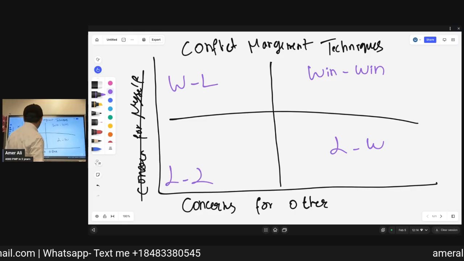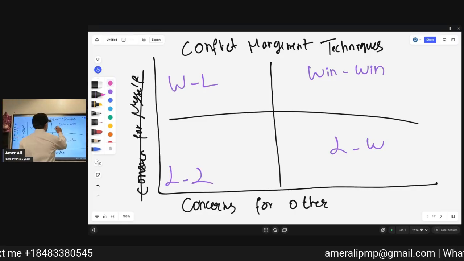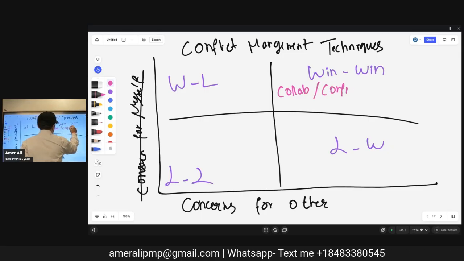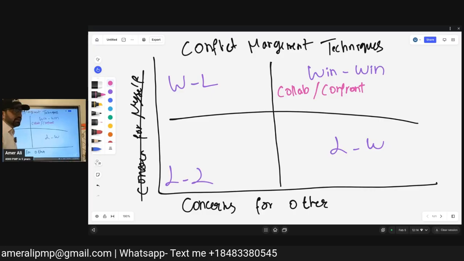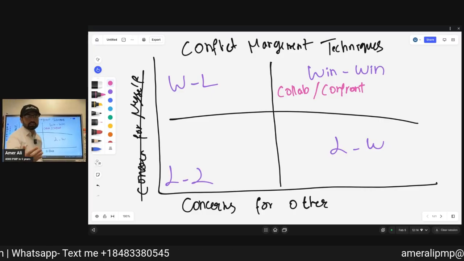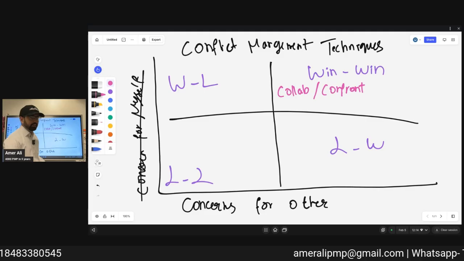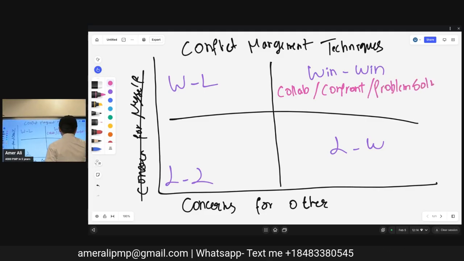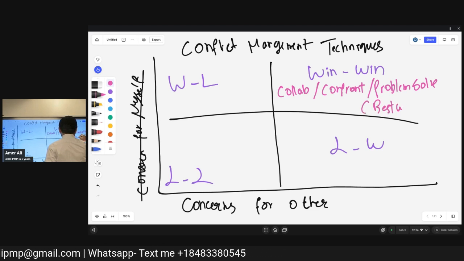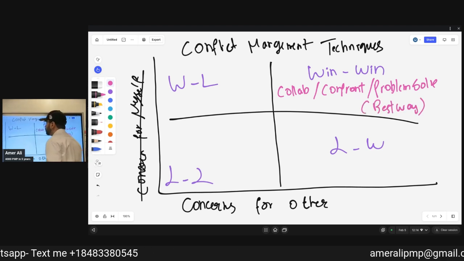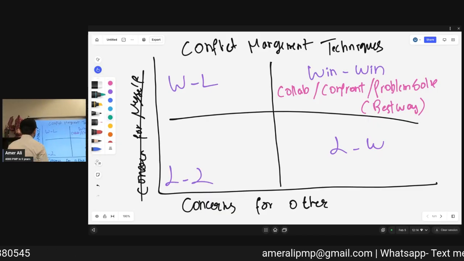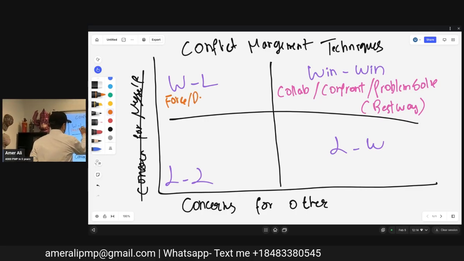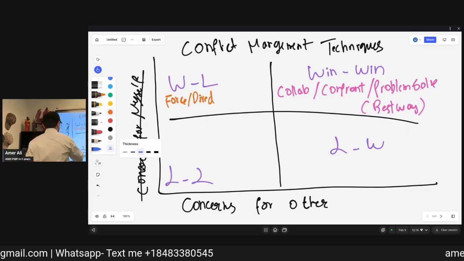So what are the techniques we have at this level? I have collaborating. I discuss with them, collaborate with them, even confront them. For example, I care about Tamina, so I immediately confronted her and said it's not level 3, it's level 5. This is confronting. It's a win-win situation. Then problem solving, which is considered the best way: you find a solution to handle something. Win-lose is basically you force the solution or direct it.